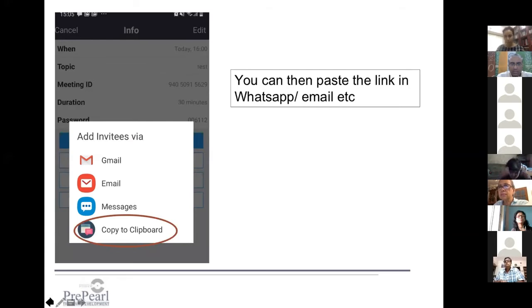send it. Okay. I'd also like to show you the interface if you're using it from your laptop, which is also pretty simple. Father, should I show the laptop interface now, or are there some questions that need to be